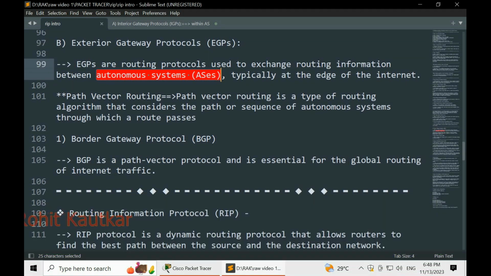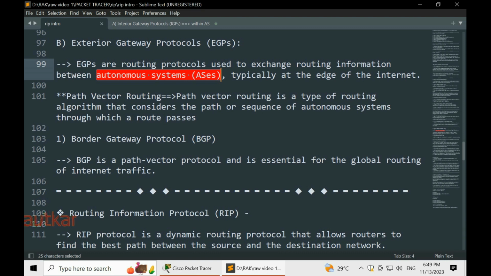Whenever two autonomous systems and their hosts are exchanging data with each other, then the exterior gateway protocols come into the picture. These protocols have one subcategory called path vector routing. In path vector routing, they are determining the path, or the sequence of autonomous systems, through which the packets will travel.